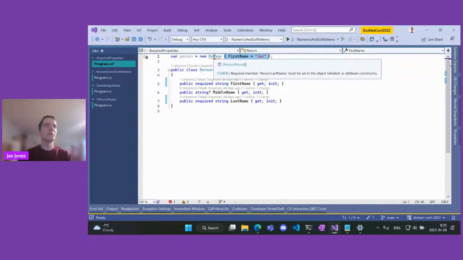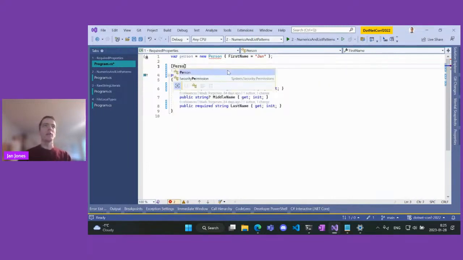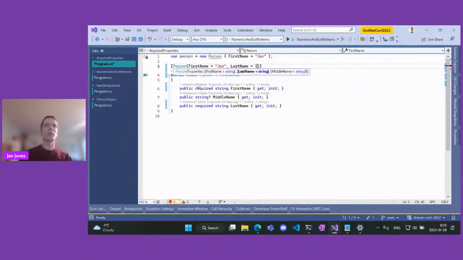So that just means that if person was an attribute, for example, and I would use it like this, I would also have to set these properties here in the attribute constructor. Like this, for example. So this required modifier applies both to object initializers and attribute constructors.